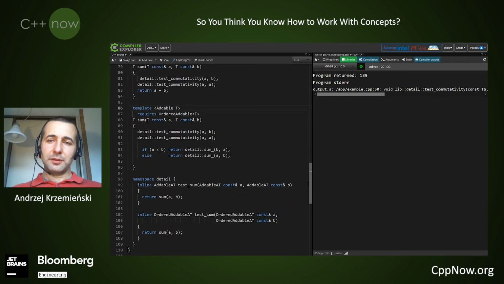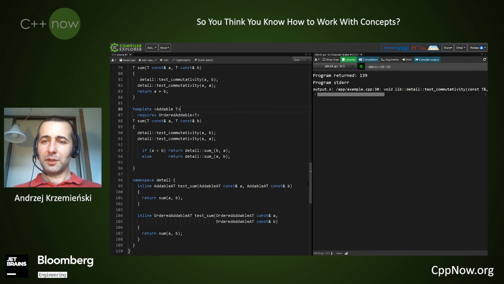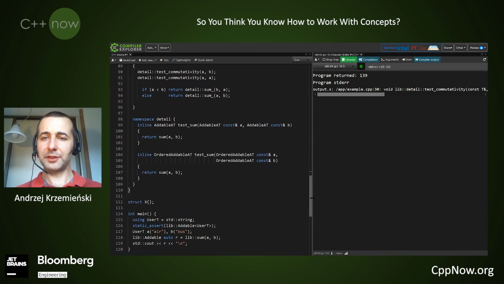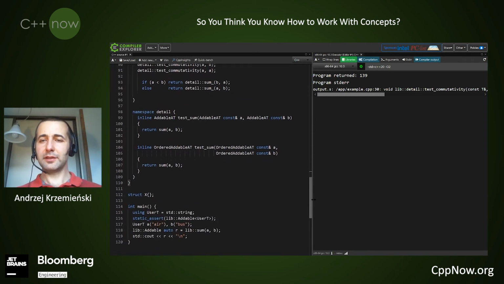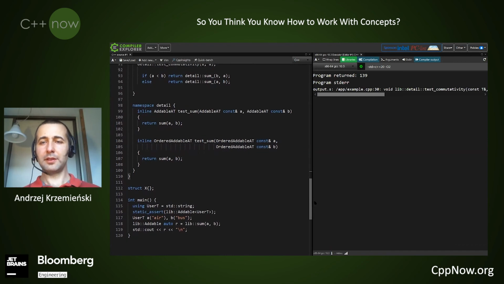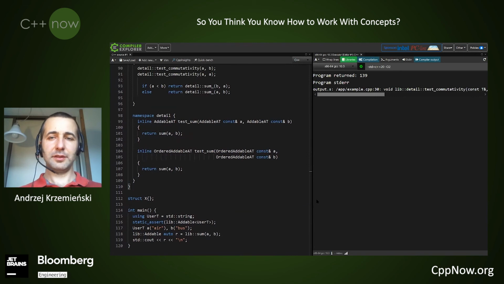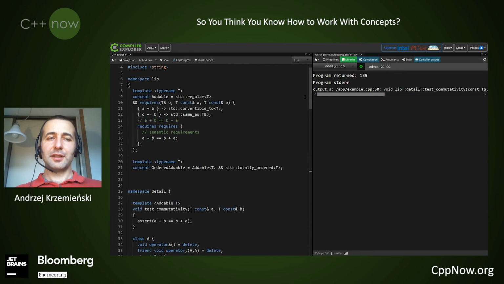Another thing that we can do is to try to emulate what object-oriented interfaces do and force the users of our concept to explicitly declare that they want their type to conform to our concept. Or in other words, we can try to turn a semantic requirement into a syntactic requirement.